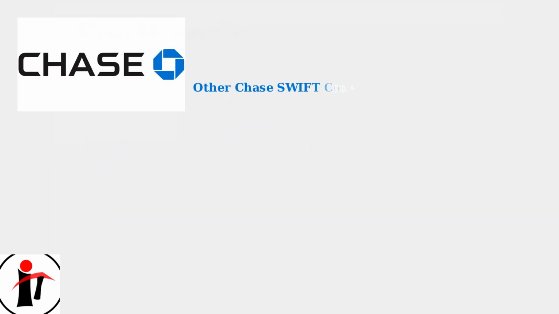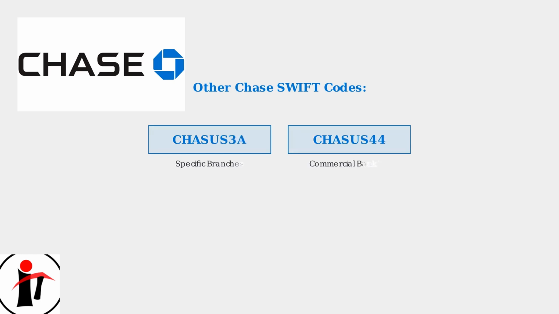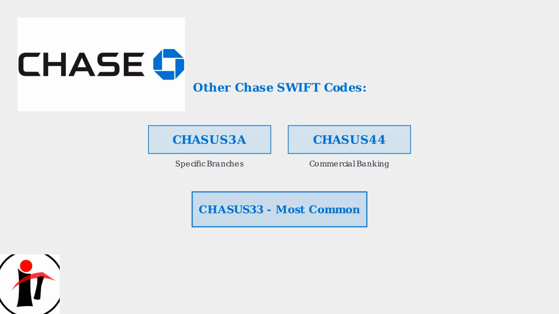Chase also uses other SWIFT codes for specific purposes. Chase's 3A is used for certain branches, while CHASUS44 handles specific commercial banking operations. Understanding these SWIFT codes is crucial for international banking. Chase's 33 remains the most commonly used code for Chase international wire transfers, ensuring your transactions are processed correctly and